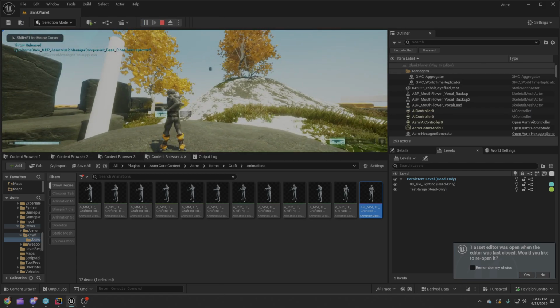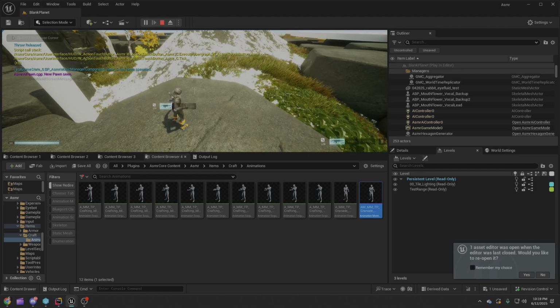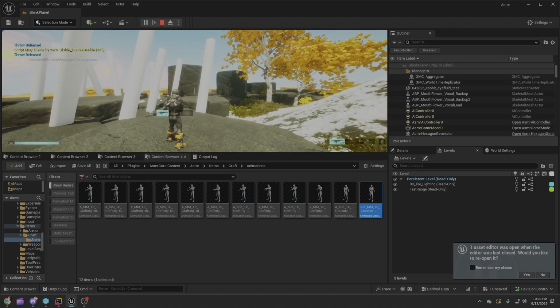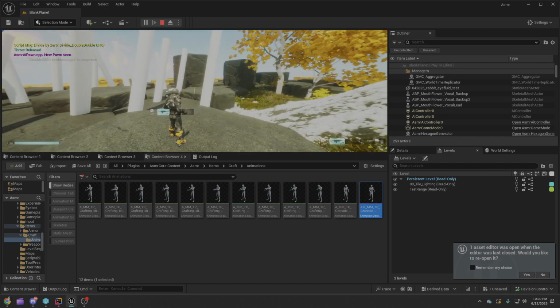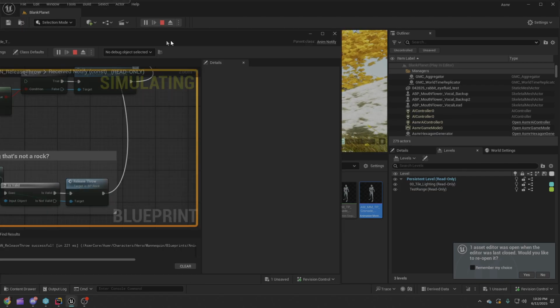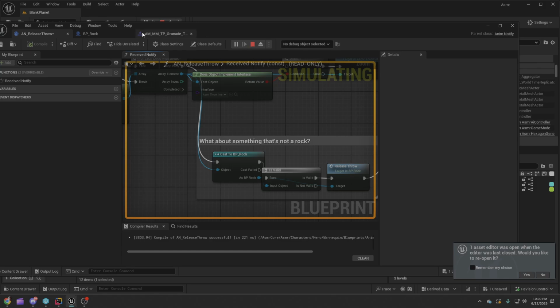So I have this object, I have a rock, and yay, look, I can throw the rock, I can bounce it off the ground, yay, success. And it releases at the peak of the throw, so it looks really good for the animation. Yay! So, now what happens when I want this cubic